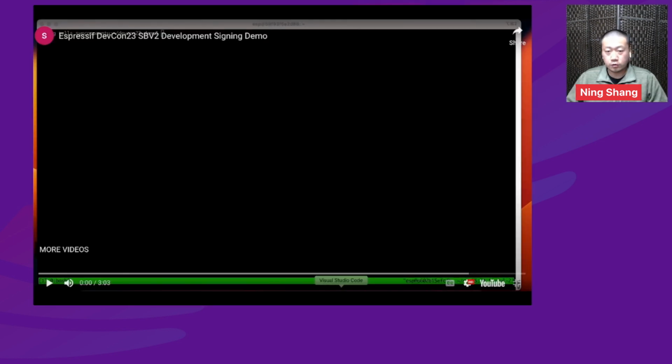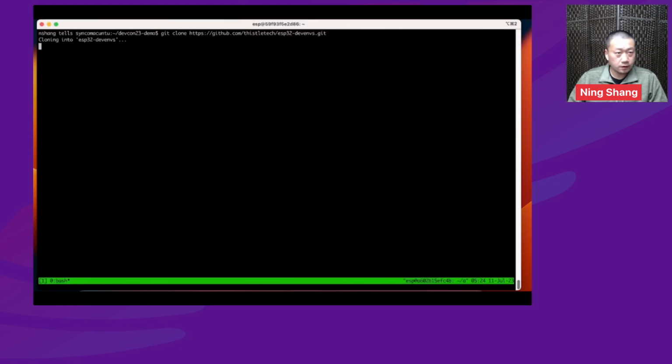Now I'm going to show a video demo of development firmware signing using the Docker image. First of all, we will clone the GitHub repo I just talked about.